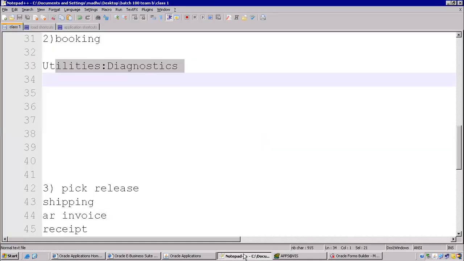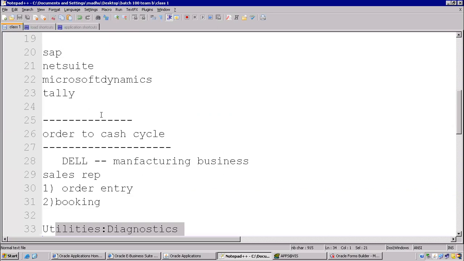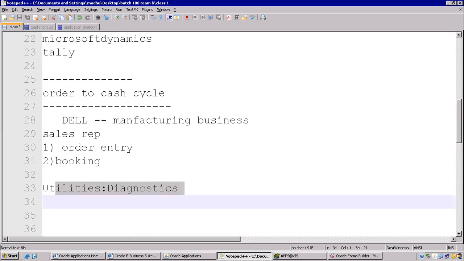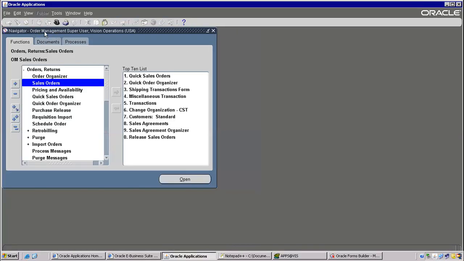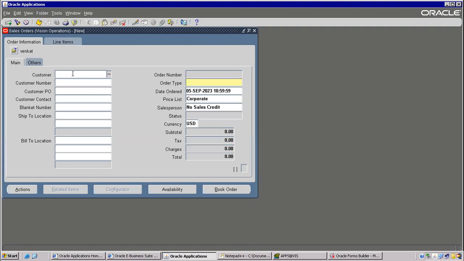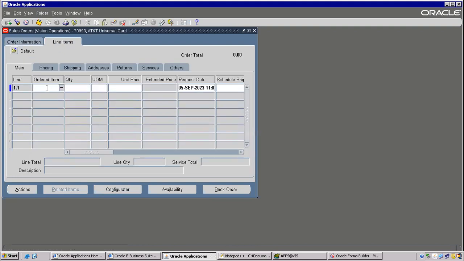Okay, we'll stop at this point, because if you practice and we become habituated with this application, then you can easily proceed further. Let's revise everything. So what I did is I created an order entry. To create an order entry, you go to one responsibility. This is called the responsibility. Order returns, sales orders, and customer name,